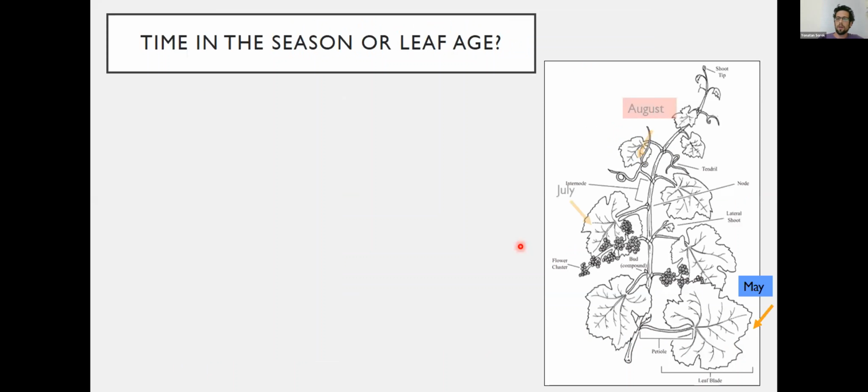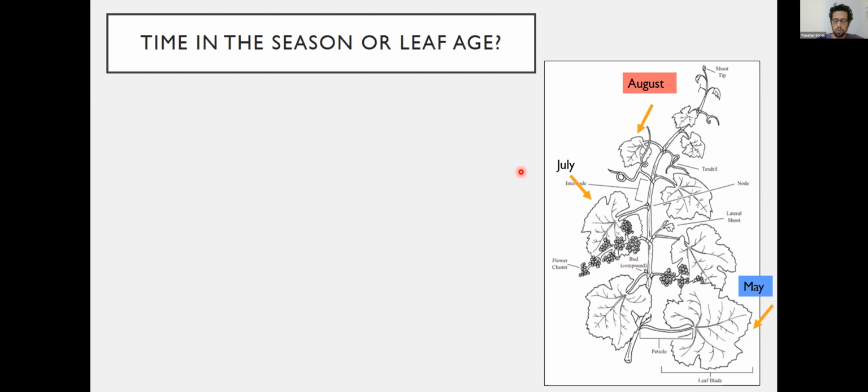But in grapevine, the leaf size decreased along with the branch growth over the season. In all of those dates, we measured the youngest fully mature leaf. In May, the leaf was bigger than on the other dates, which got smaller. So we wanted to check if this phenomenon related to leaf size can represent the